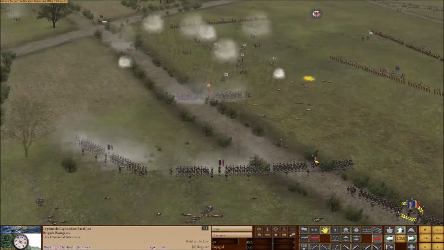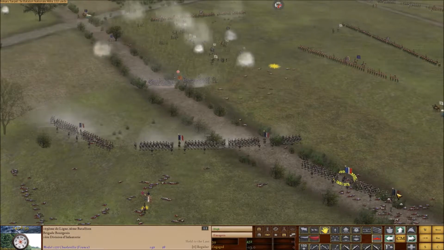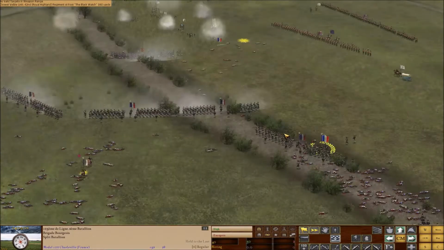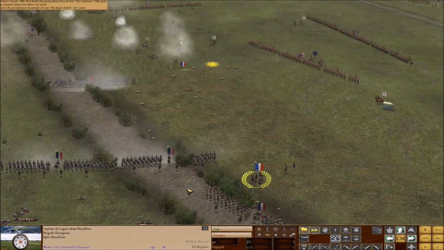Splitting off a company from the regiment holding our flank, and moving them around our battalion to attack the crossroads more directly into the batteries of cannon. Doing the same thing as last time, splitting off a 100-man company as opposed to a 50-man so they can resist canister fire more effectively. Originally I charged directly for the same area, but then I changed my mind, moving them